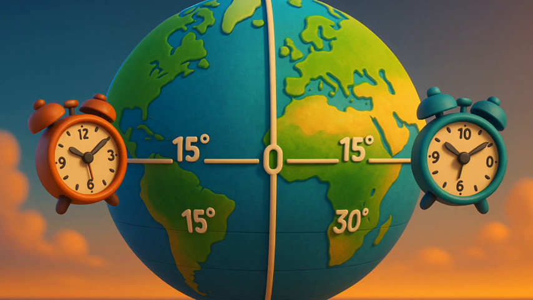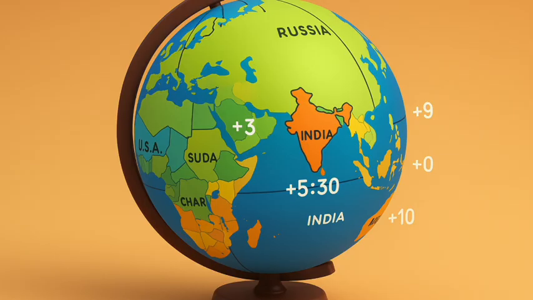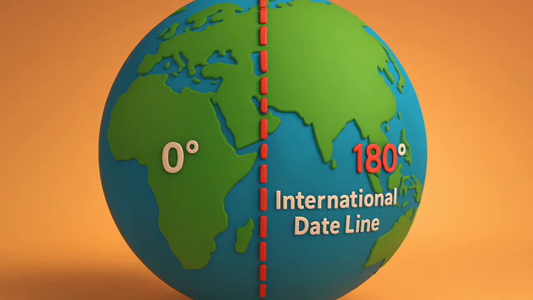The numbers written inside some countries are the numbers of hours to be added to GMT to get their standard times if they have a positive sign, or subtracted from GMT if they have a negative sign. Similarly, the globe centered on India shows standard times with respect to GMT for a few countries. Finally, while the prime meridian was fixed at Greenwich, the opposite line, at approximately 180 degrees longitude, is called the International Date Line.